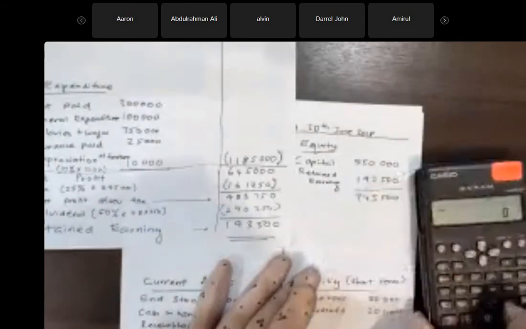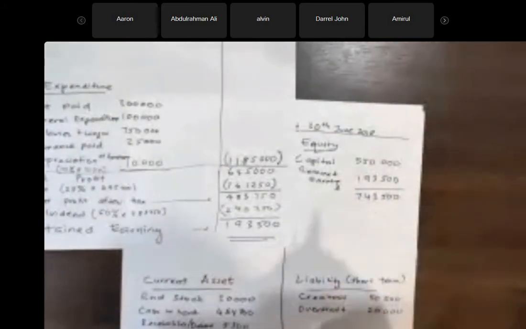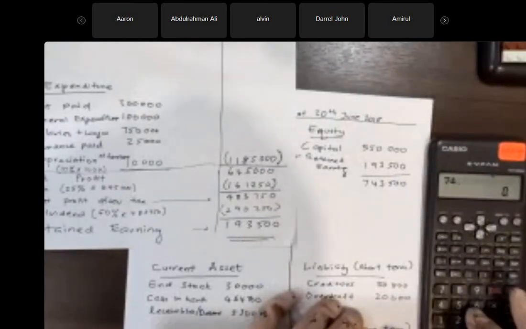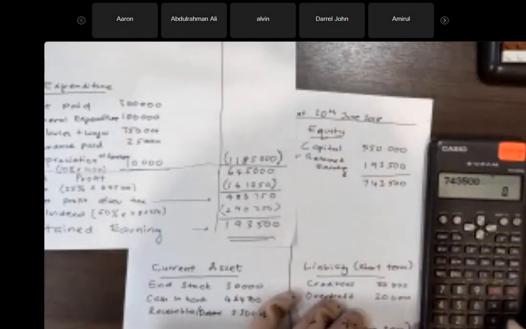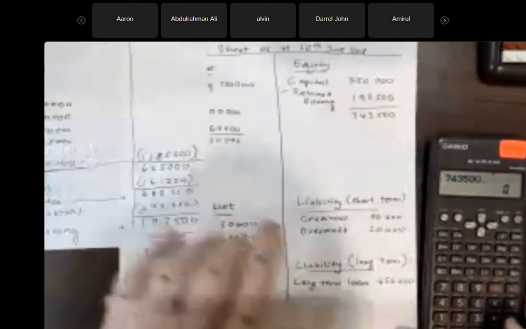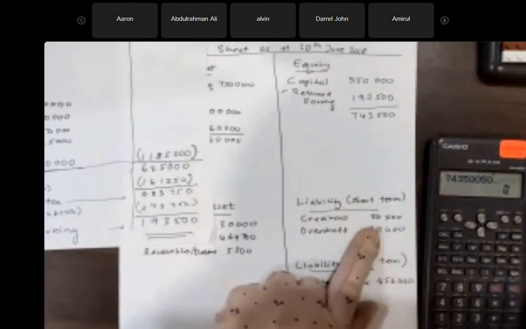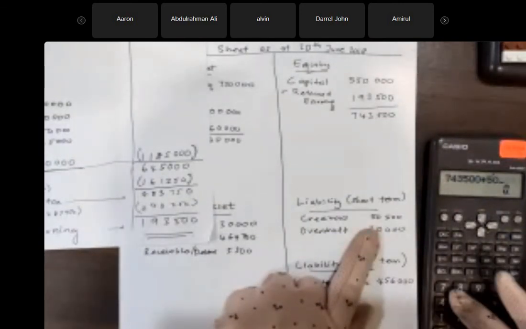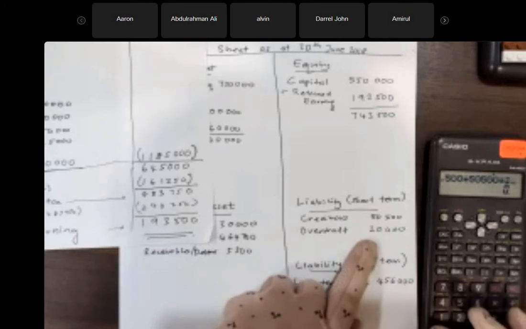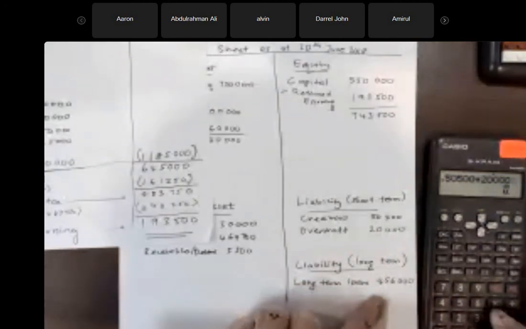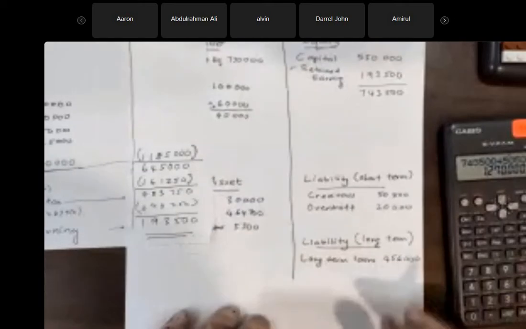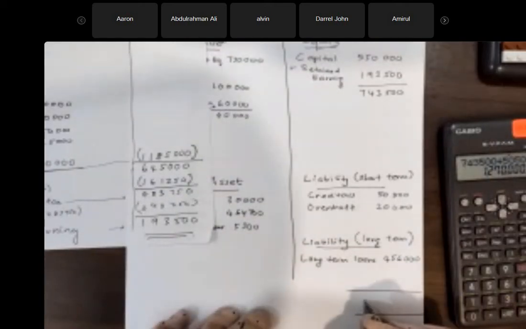Okay, transfer lah yang ni nampak tak clear. Yes. Ini berapa? 7,435. Okay, tambah tu 50. Silap. Plus plus 50,500. Okay, plus 20,000 plus 456,000. Okay, you will get semua ni, and you get